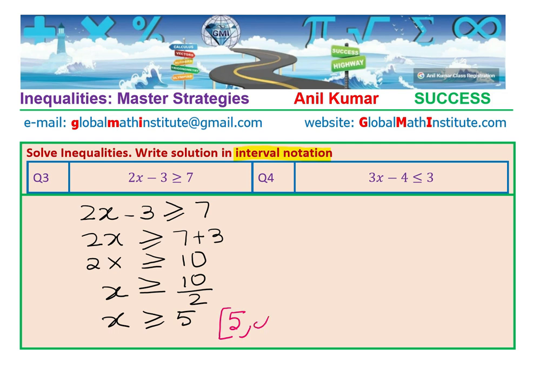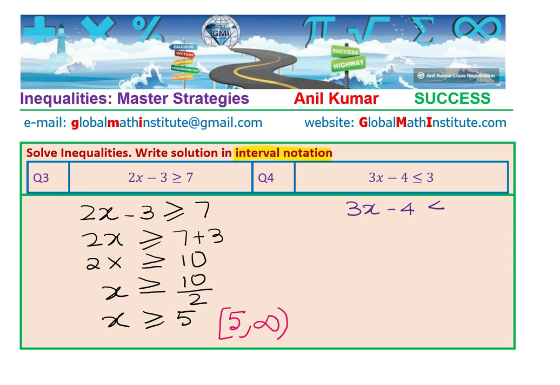and goes up to infinitely large positive values which cannot be included. So that is how we are going to write the solution for this inequality. So here is an example where one end is closed, right? 5 is included. Let's do the next question, which is 3x